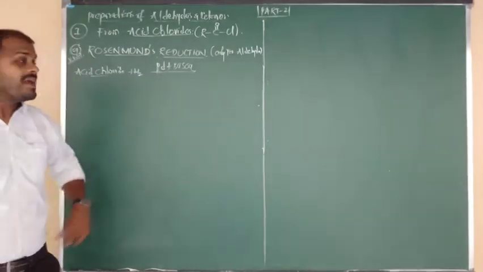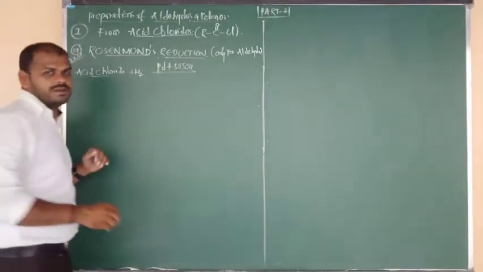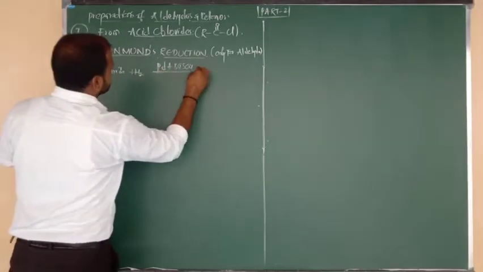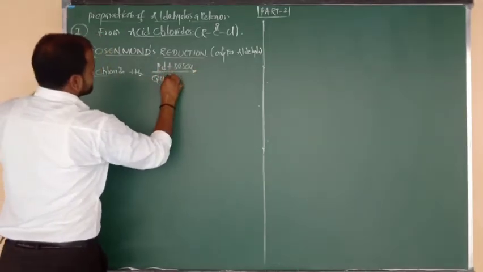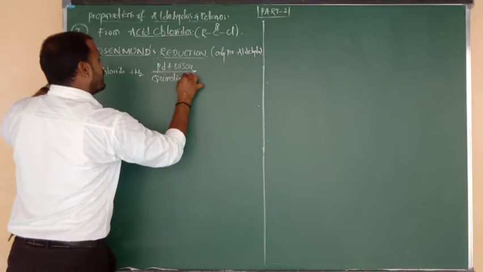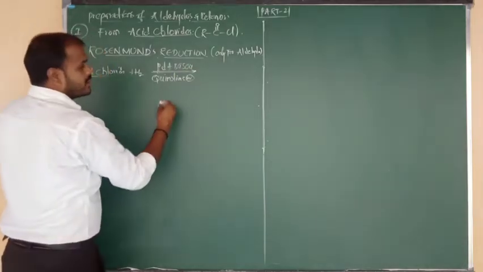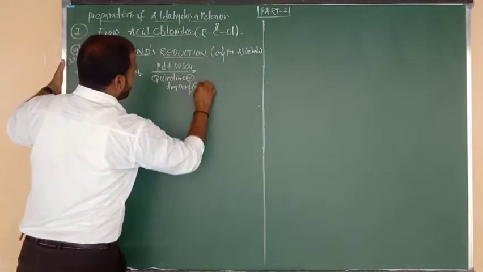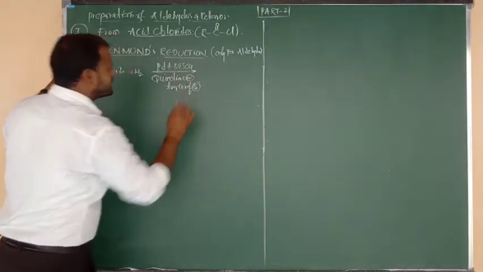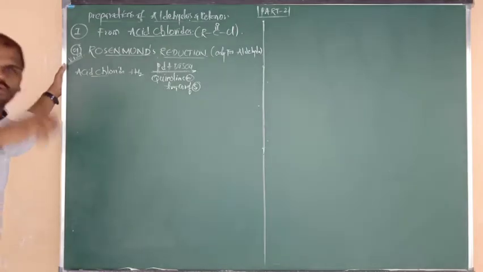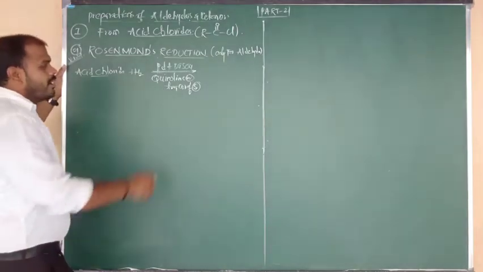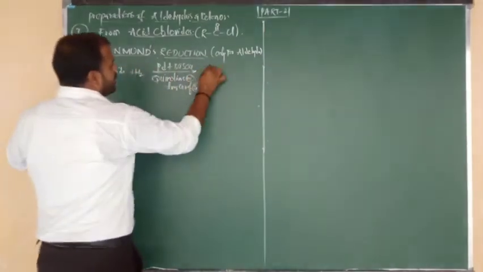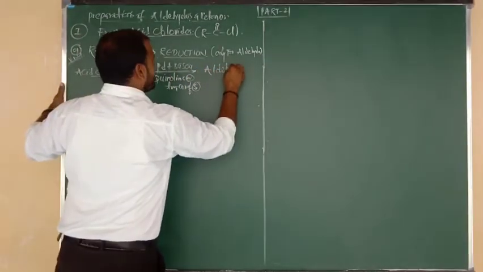This is called Lindlar catalyst. Yes sir. But along with this, we have to use palladium plus barium sulfate in presence of phenolene, and also we can use traces of sulfur, a little bit of sulfur powder we can add. Why are we adding phenolene or traces of sulfur? I will tell you, don't worry.